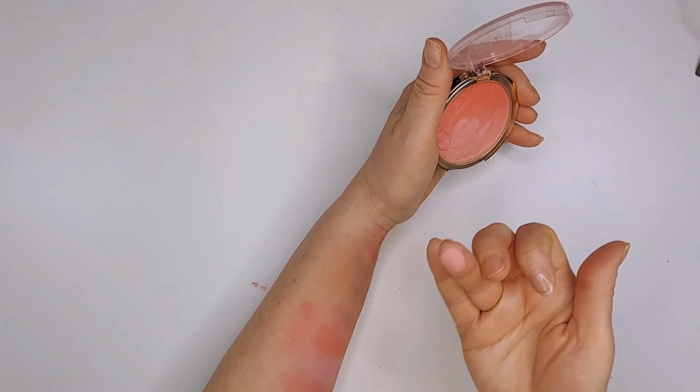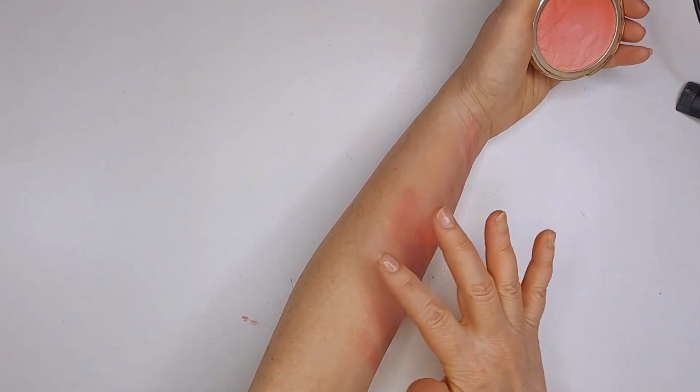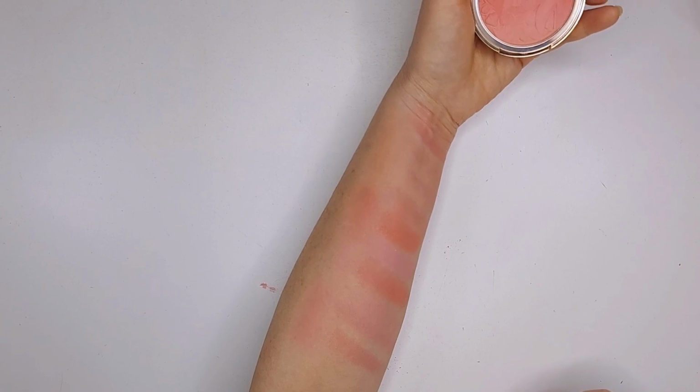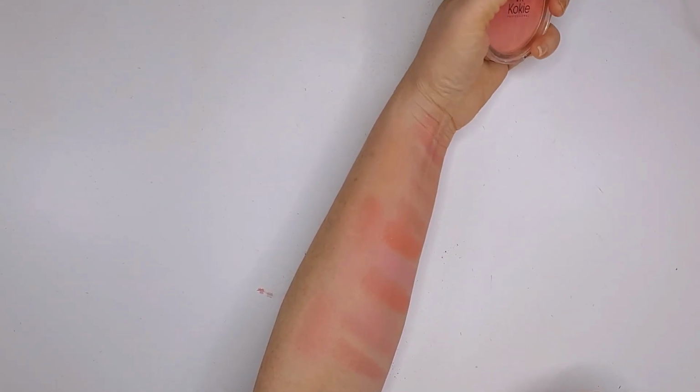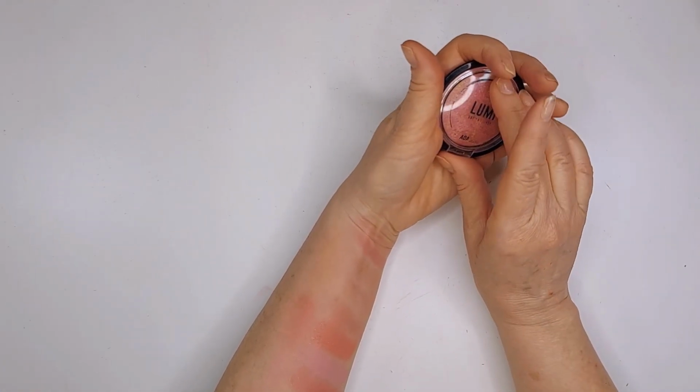You can come down here and get a lighter pink, or again, swirl them together and get a blend. And there are so many that are alike, but we're just going to go with it. Okay. This AOA Studios Lumi Blush,